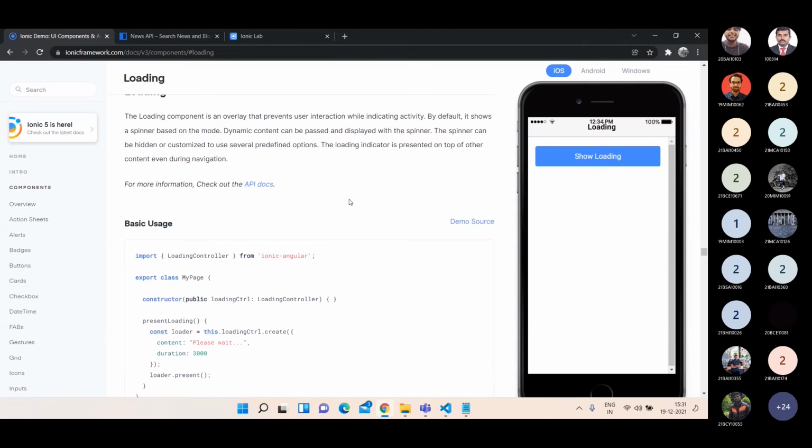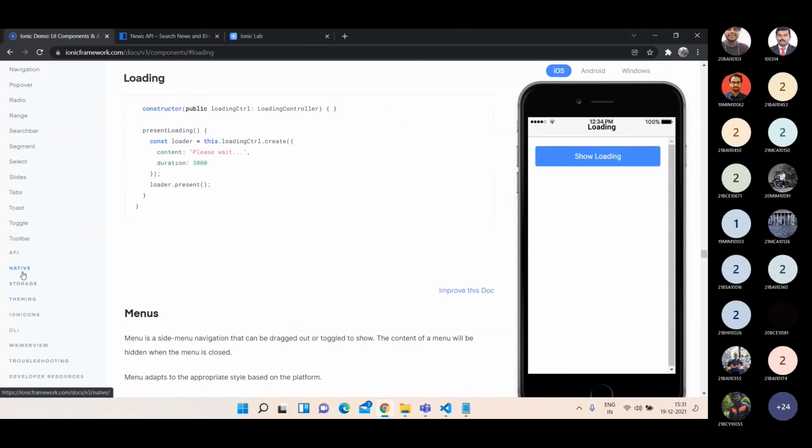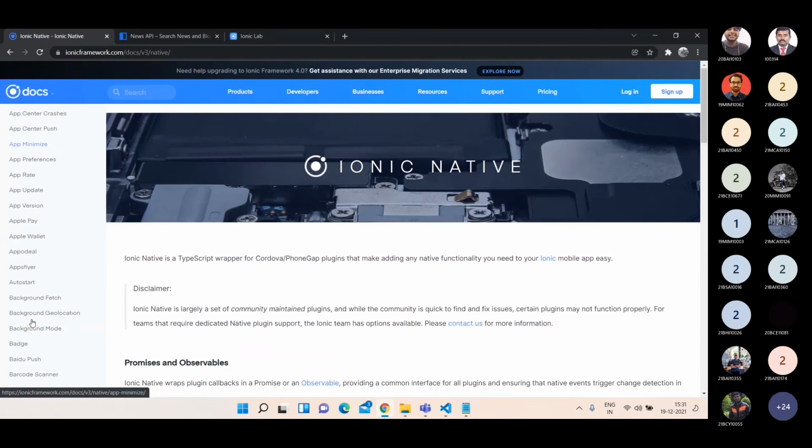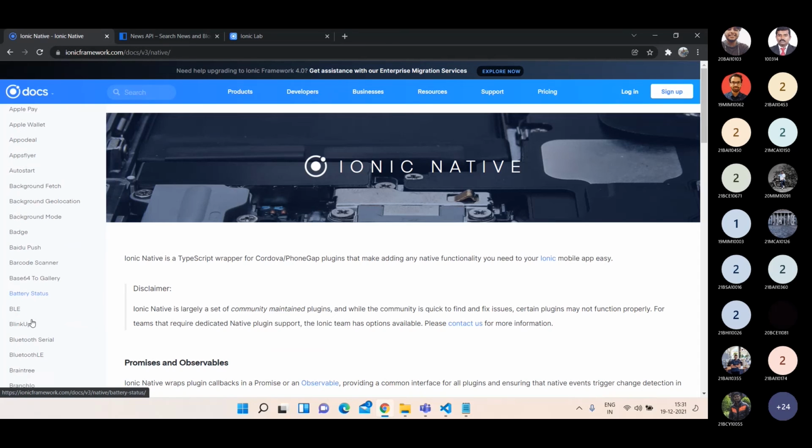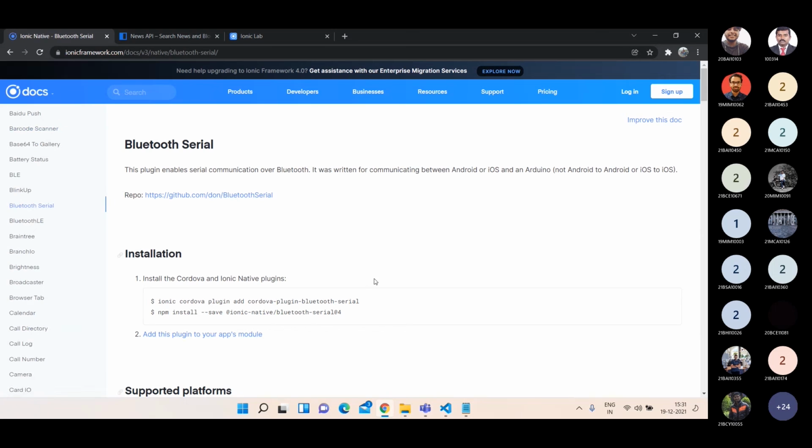with particular data. For example, let me take this Ionic Native. Maybe if you want to use your Bluetooth, your device Bluetooth connection, that also consists of artificial intelligence, because the Bluetooth sensor will keep on searching.